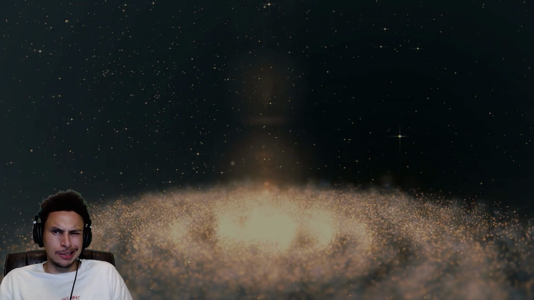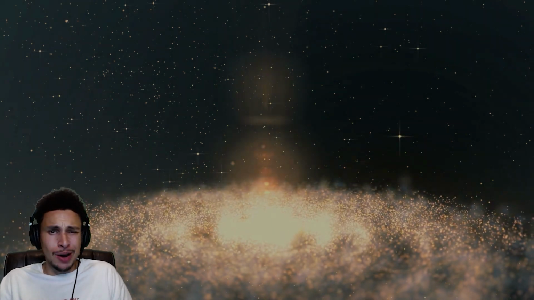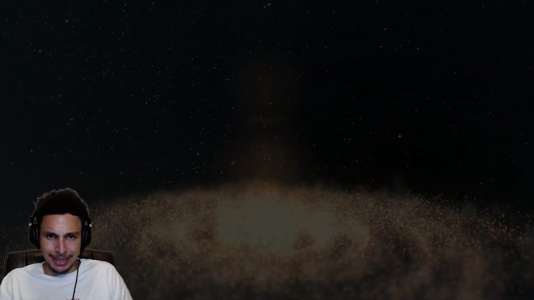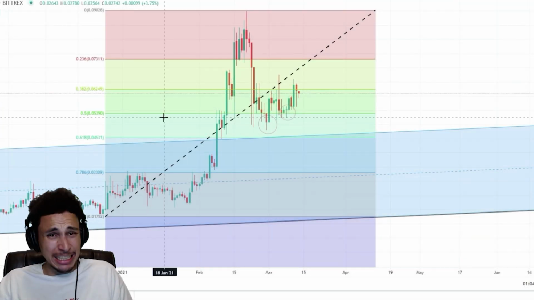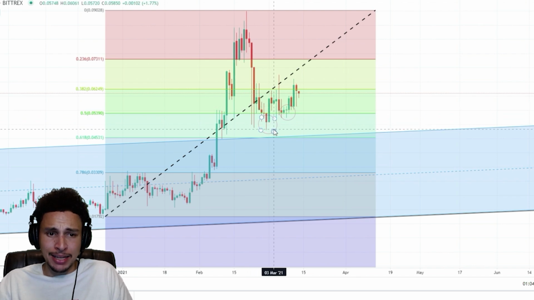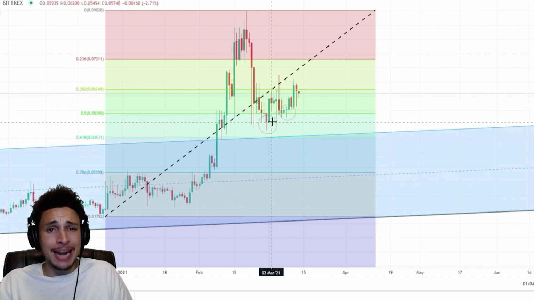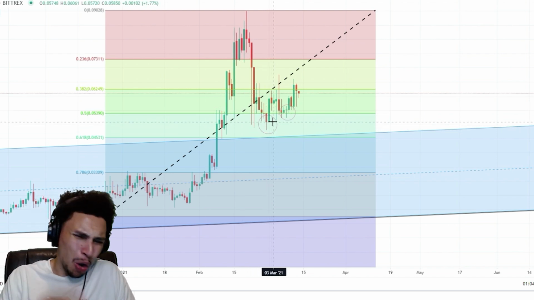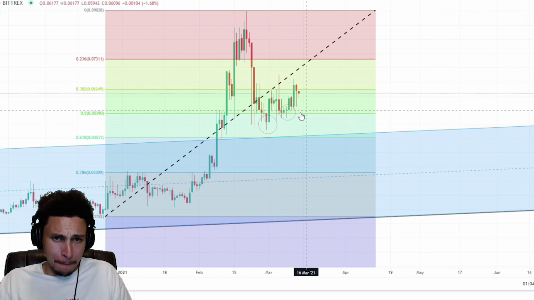But I can see some of you guys are still skeptical. Let me help you out. Let's go ahead and apply the Fibonacci retracement tool on this sucker to see just how far it fell. And just as I expected, Digibyte's price came right back down here in the 61.8 Fibonacci level, aka the golden pocket. And that's where people started buying it back up.